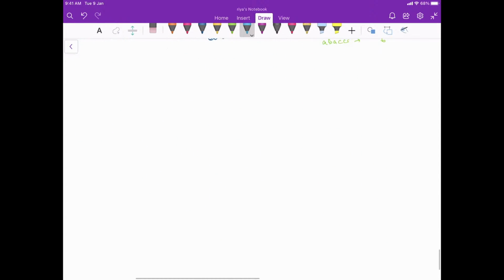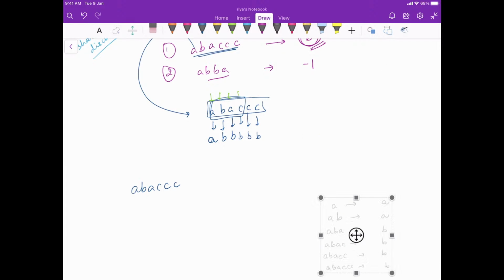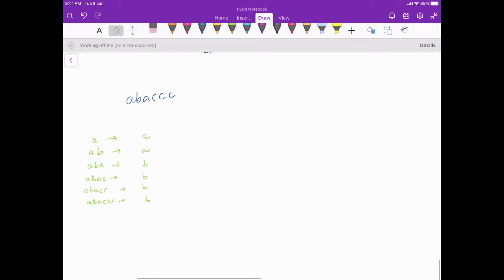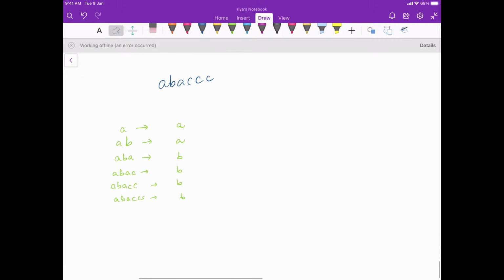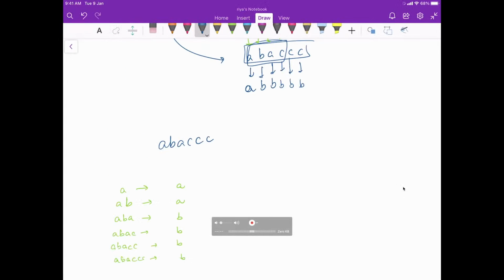Let's say I have a stream of characters coming in like this, okay? And what did I say? This is the case that is present to us. Let's copy this. Okay? Now I will make a claim, and you all tell me if that claim is correct or not. I'll quickly write it on the screen.